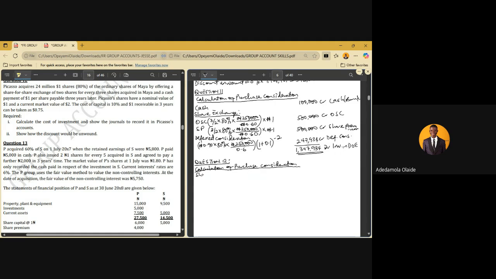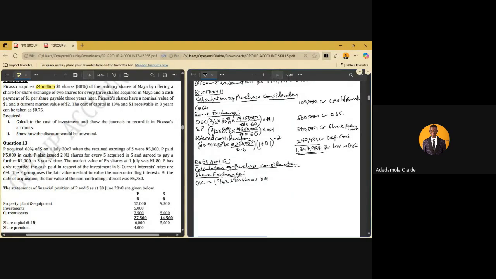So we have a share exchange. We don't have cash in this case. For the share exchange, the ordinary share capital will be what? They said they are doing 2 for every 3. That will be 2/3 multiplied by what? We don't need to bother ourselves with the percentage of holding again, because they told us that they acquired 24 million shares. If they didn't tell us that, that's when we'll be bothering ourselves with 80 million times number of shares. So we'll just say 2/3 times 24 million shares